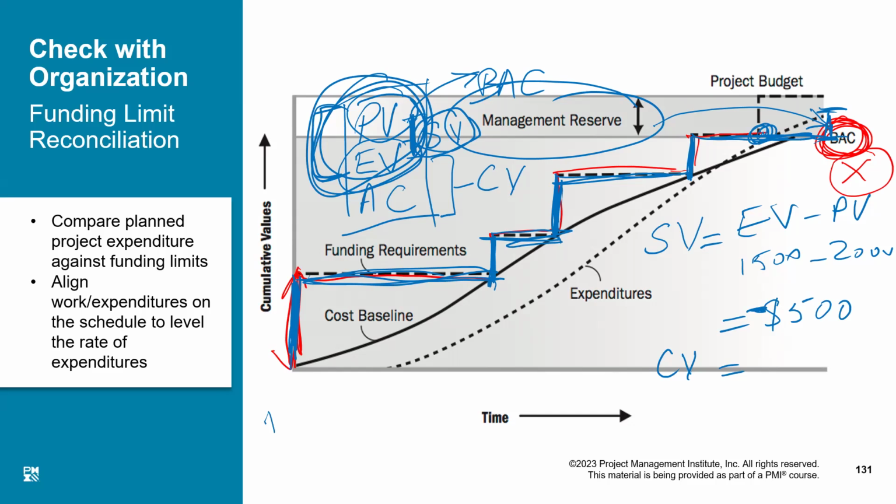So actual cost minus earned value. Okay, let us say, as you say, actual cost minus earned value. Actually, what you have spent so far on the ground, the money you have spent from your account, is say $2,500, and your earned value was 1,500. What is the answer?